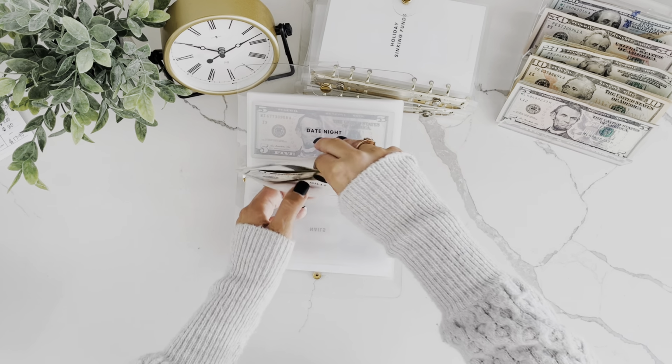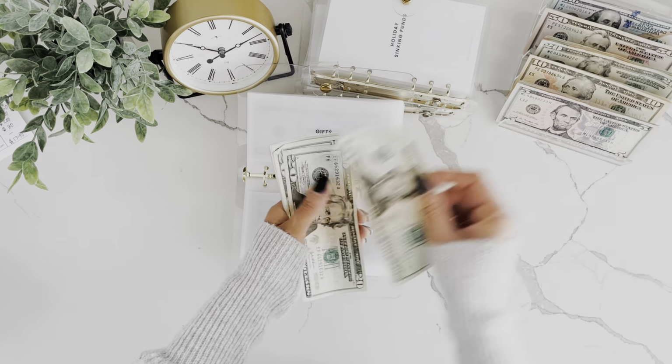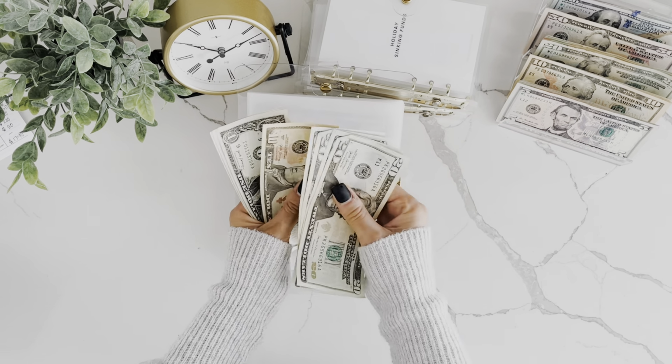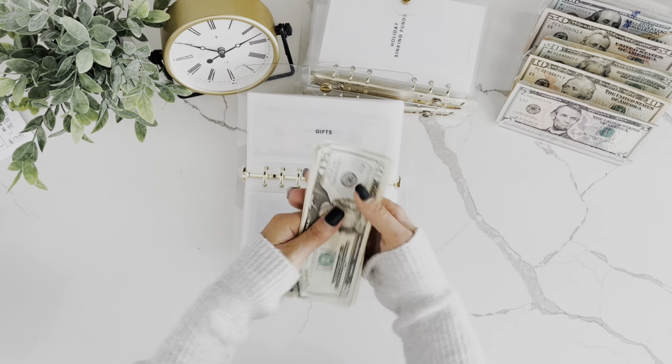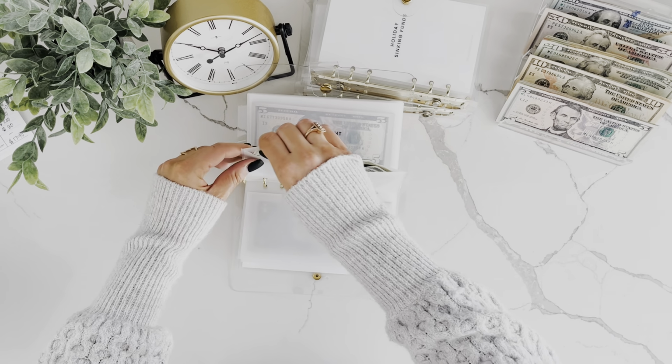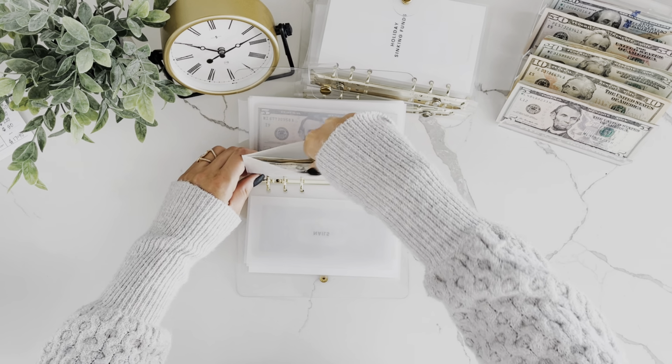Gifts is going to be getting 20. So now gifts has 20, 40, 60, 80, 90, 91, 92, and 93. And this is for all gifts. Baby showers, weddings, birthdays,